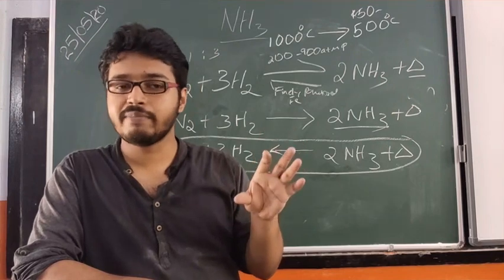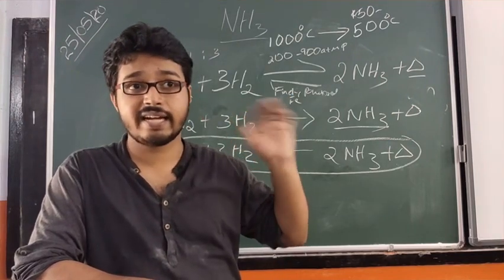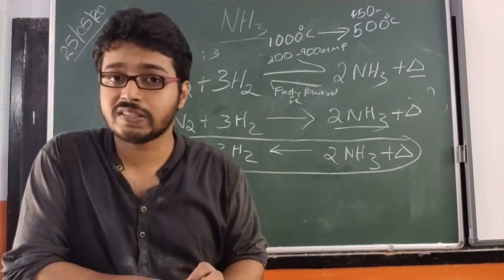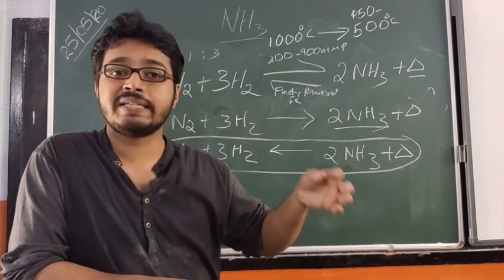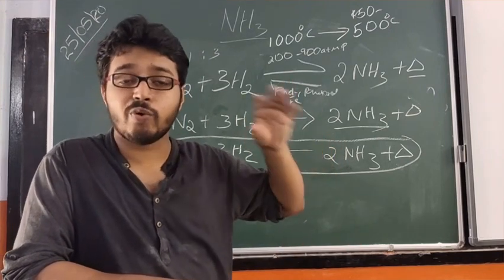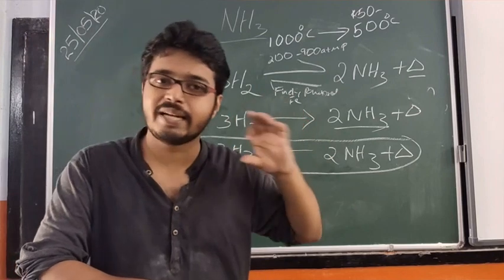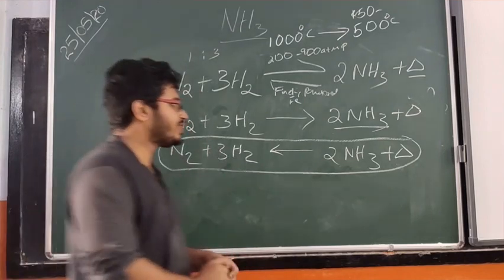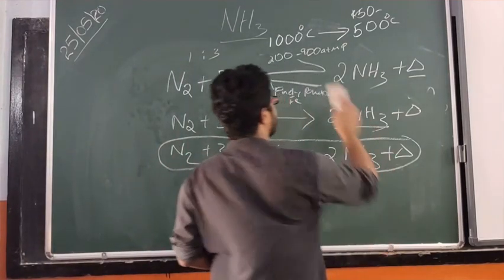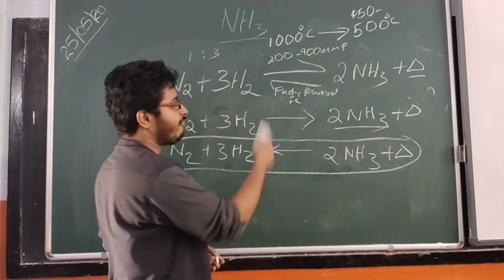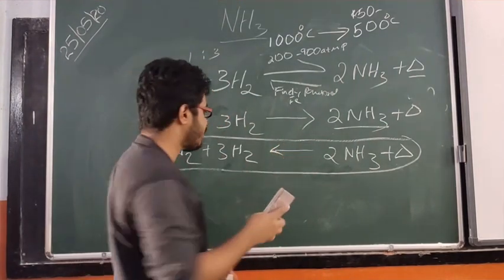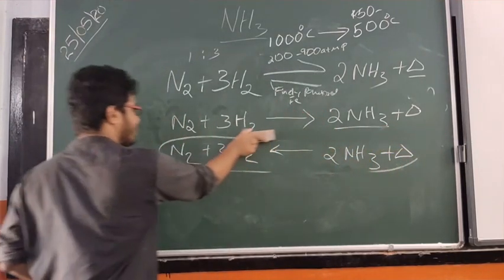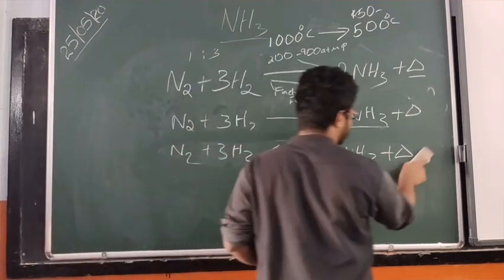So once reactants and products are available in the catalytic chamber, you are not supposed to increase the temperature above 500 degrees Celsius; in other words, you are supposed to keep the temperature between 450 and 500 degrees Celsius. Okay, now my next question: this is what happens if we increase the temperature. What will happen if we decrease the temperature?